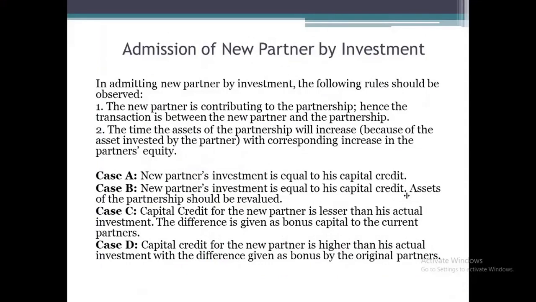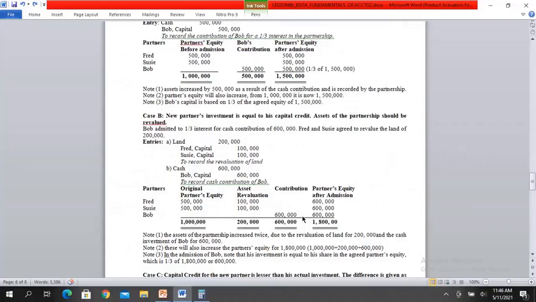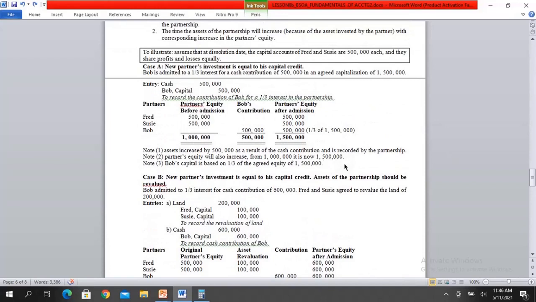Case letter B, the new partner's investment is equal to his capital credit. So, assets of the partnership should be revalued. Kanina, kung magkano yung 1/3 ng 1,500,000, yun din yung binayaran ni Bob. Diba? Yun din yung ininvest ni Bob na amount. Ayan. So, ngayon,